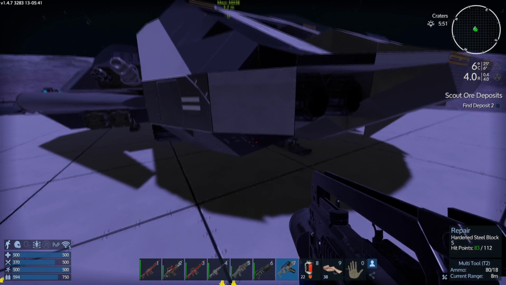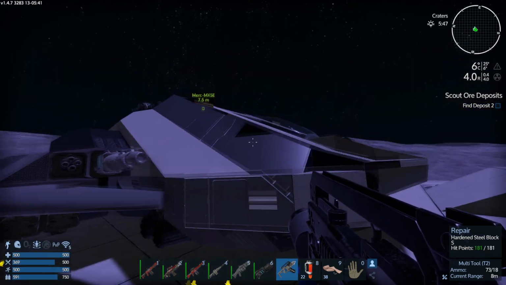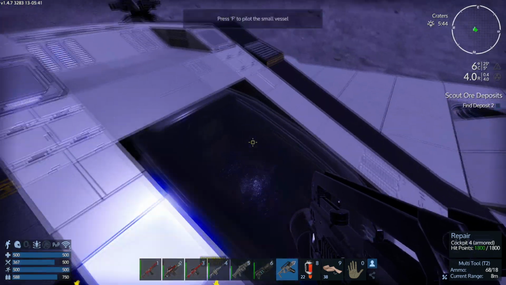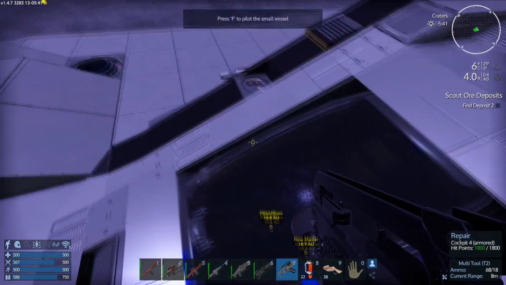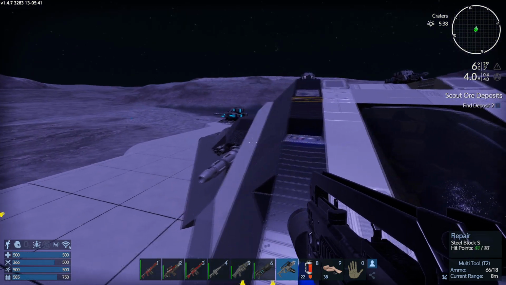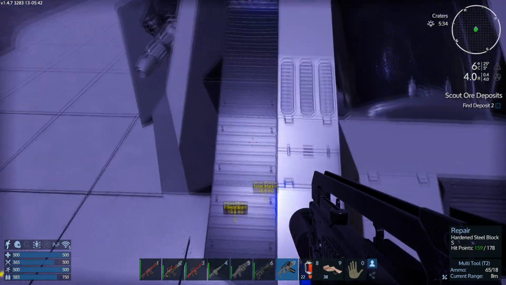Damage on this side. Yeah, that. Yeah, I've been a little bit too casual with my repairs. See, look, we've got some damage there. Got an O2 tank exposed on this side. So yeah, I'm definitely going to need to do something. We've got a little bit of a chip on that side. Got some that took some damage as well. So yeah, we definitely